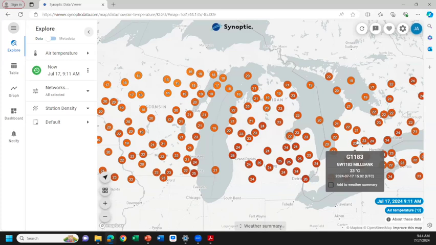So if you make your data public, it'll show up on the viewer. If you make it private, then it'll be available through whoever is paid to the provider, and then we get them the API token to get access to all of the data. So that's how this works.